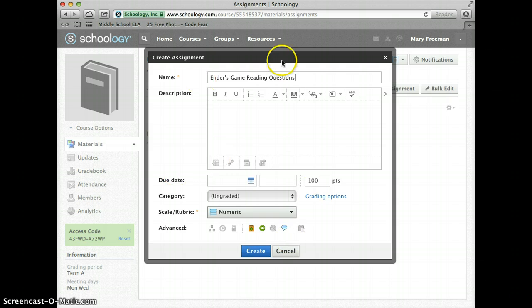Okay, so once you've set up your assignment, then you can select a due date. One of the cool things is that it goes by hour, so I've been using that as an opportunity to put in the hour in which that student's homework cafe hour ends for my class. So, say their homework cafe hour for my class ends at 2:30, then I'm putting in 2:30 as the due